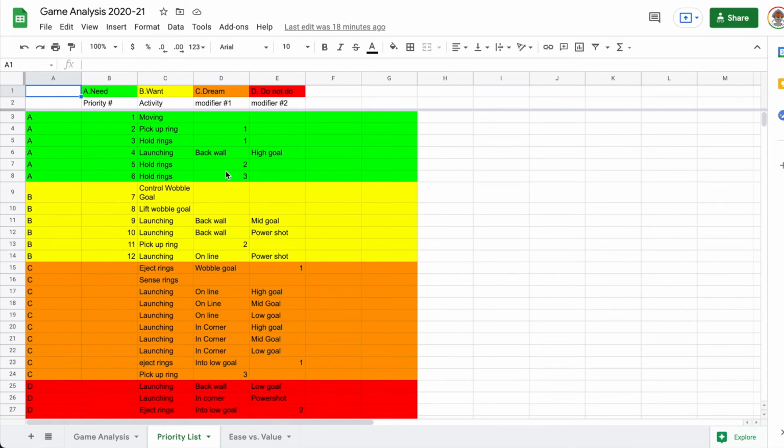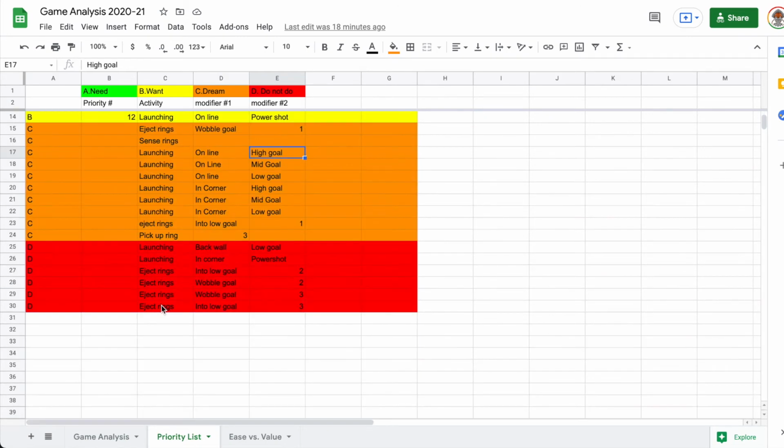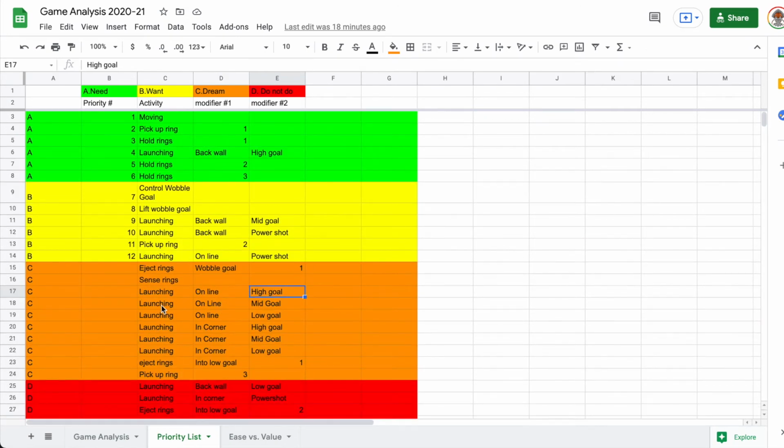How this is organized is we have, like, launching as a section. From that, we have a modifier 1, which for launching was on the line, and then high goal would be modifier 2. We just did that for every single action you could possibly do in the game, and ended up ranking them by their priority: first by whether we needed them, wanted them, dreamed them, or thought we should not do them at all. And then from the need and want, we ranked them in the priority list to see what we needed to get